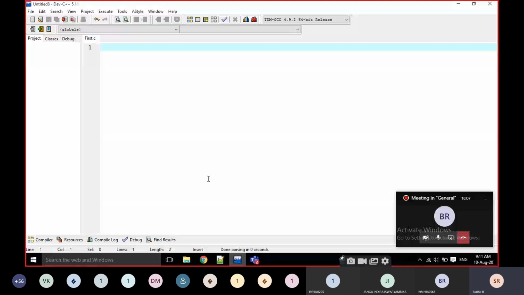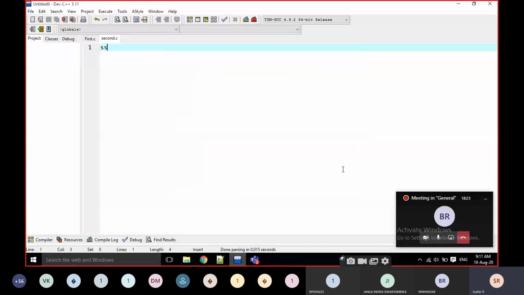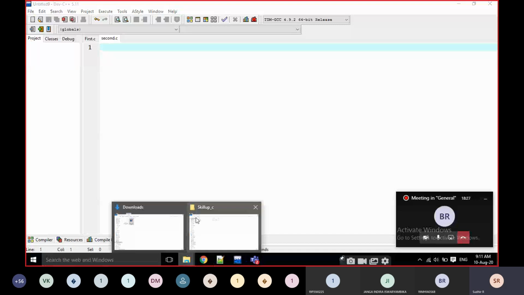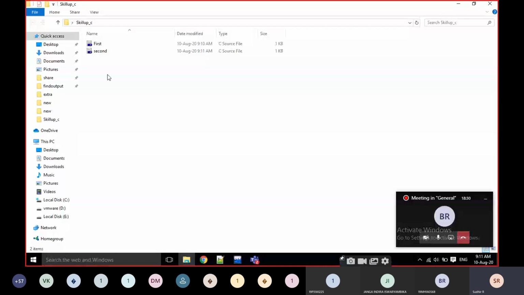For example, Control N, type something, Control S, give the name, save type as C source files, and press save. Then it will be a C source file, and only then will it be the correct file.